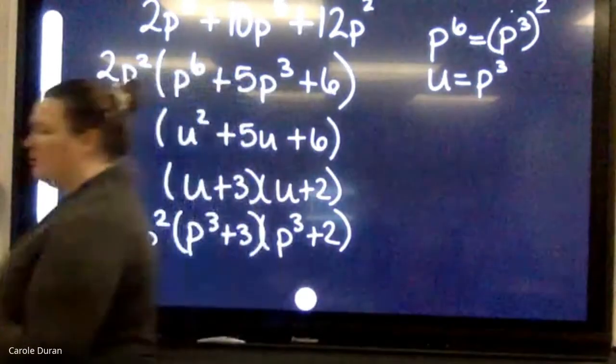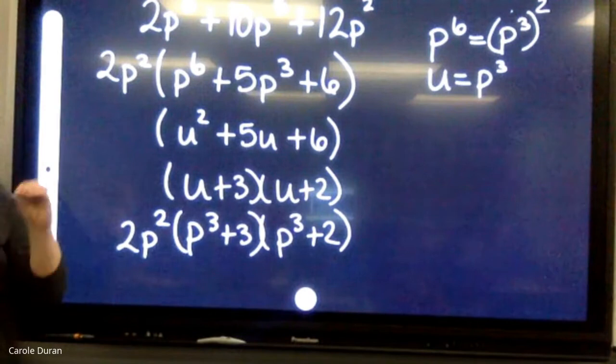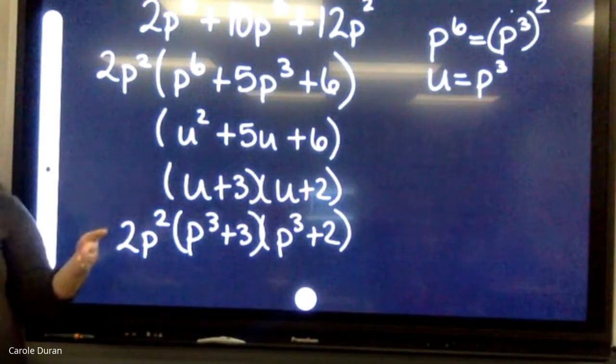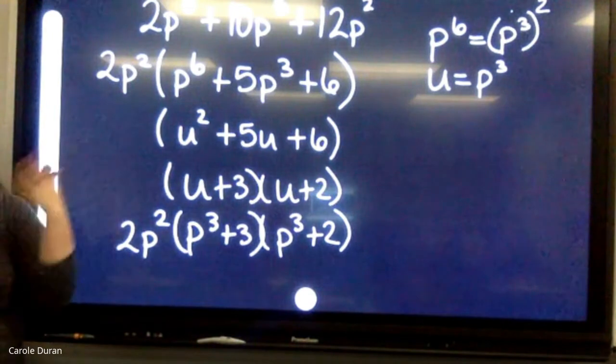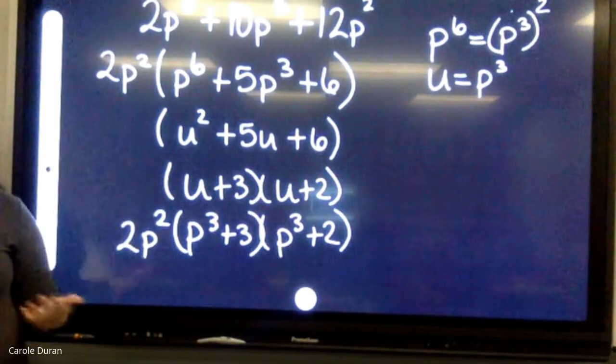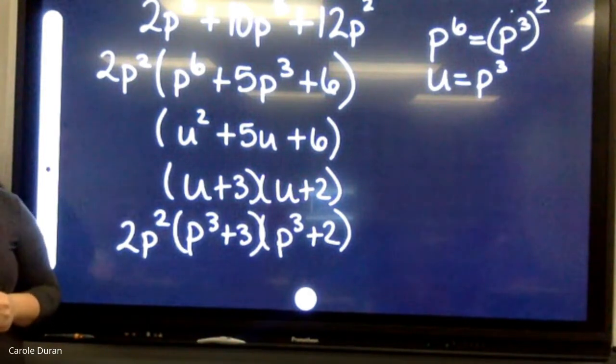Can you use different letters instead of u? Well, we use u because in the future, we're going to do a lot of u substitution. So we like to associate u with substituting something in. But you could use x or a or b if you wanted to. U is just a really good standard. Okay, and then if the exponents were like 8 and 4, would you still do